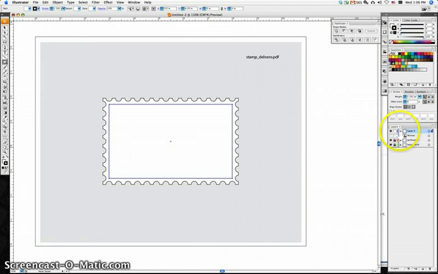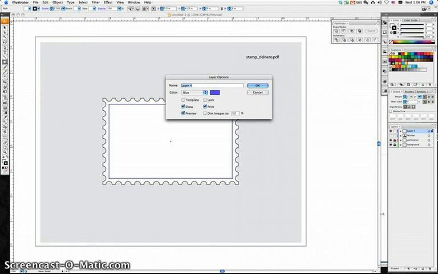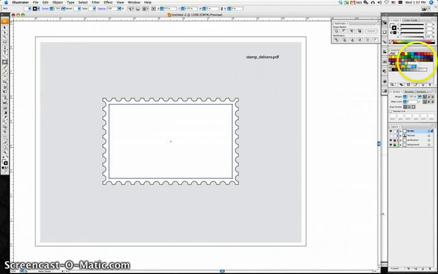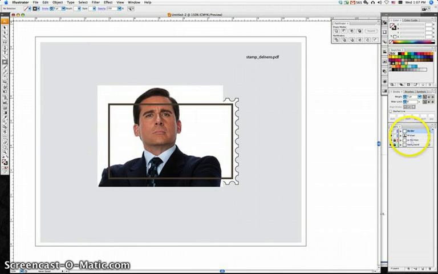Okay, and you can see here on layer 4, I'm going to title this border, and then I'm going to give it a color of brown, and I'm going to change the weight of it to 5 point, and then I'm going to make the fill none. And so the fill is none. Okay, now you see when I go back and I turn on the Michael layer,